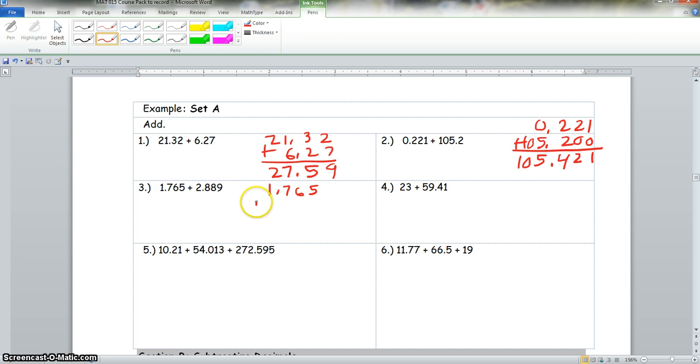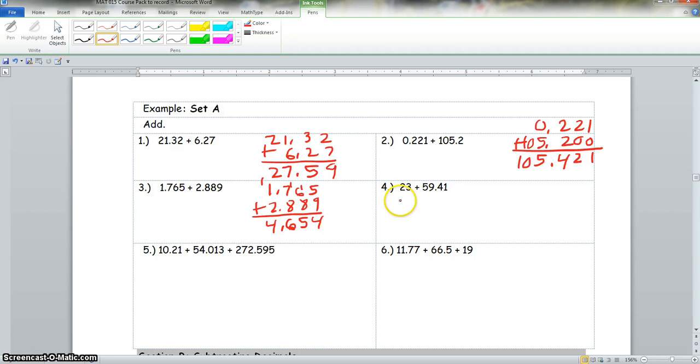1.765 plus it'll be 2.889. Now we add 9 and 5 is 14. We carry our 1. 8 and 6 is 14 plus 1 is 15. Carry our other 1. 1 and 7 is 8 plus 8 is 16. Carry our 1. And we bring down our decimal. 1 and 1 is 2 plus 2 is 4. So it's